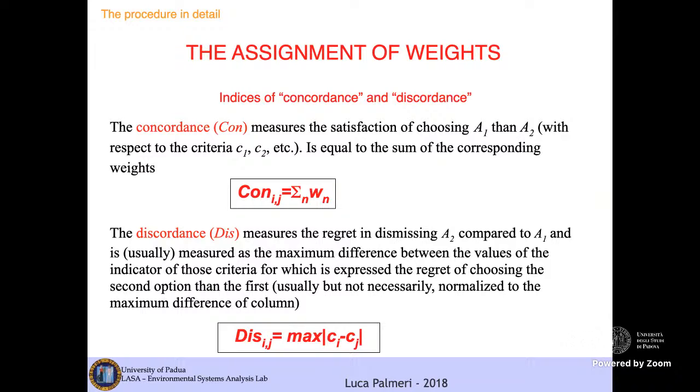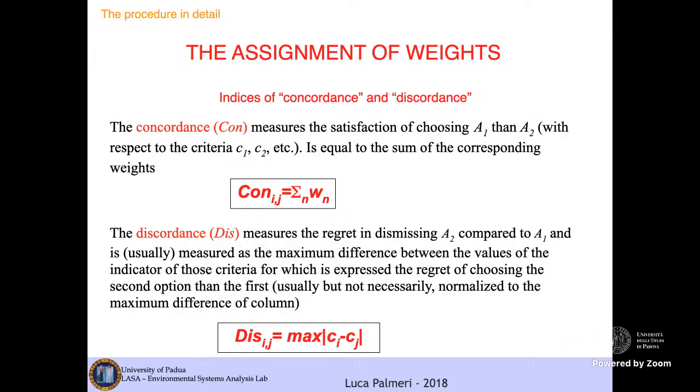So we build the index of concordance by building a matrix in which you sum the weights of those indicators for which your choice wins. So you are really converting weights into